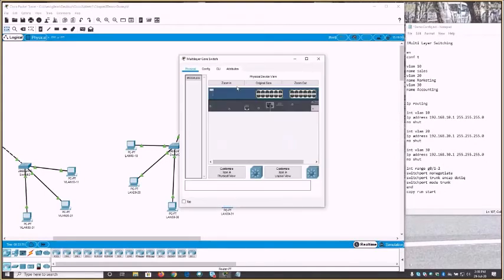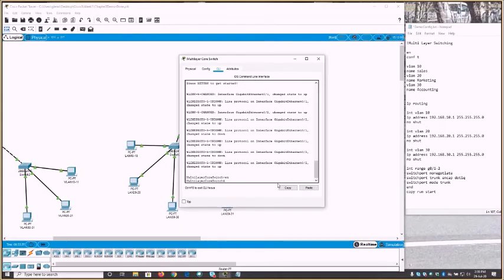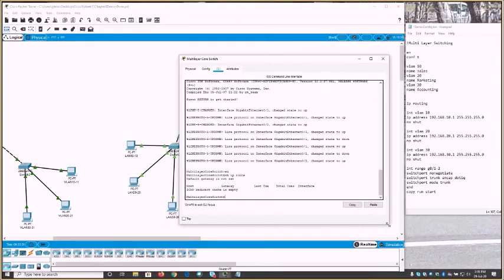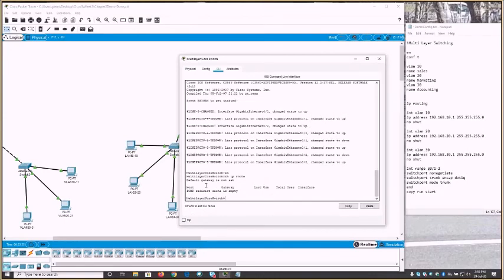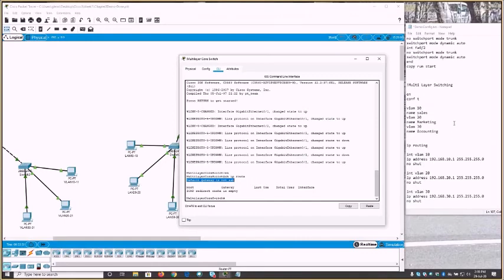So let's have a look at the switch. Now this is a multi-layer switch. Let's have a look at its routing table. So show IP route. And you'll notice there's not a lot there. The only thing is it's saying I don't know who my default gateway is. By default, it's a switch, it wants to be a layer 2 switch. And so the way that we get it to be a layer 3 switch is to turn on a